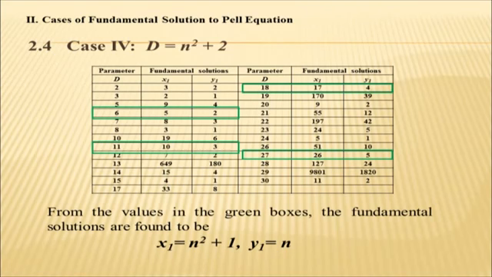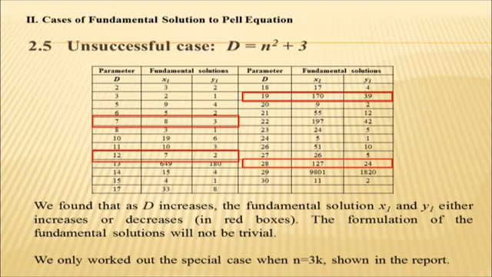using the same method for d equals n squared plus 2. From the values in the green boxes, the fundamental solutions are found to be x1 equals n squared plus 1 and y1 equals n. Unfortunately,